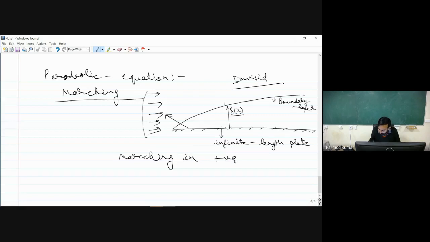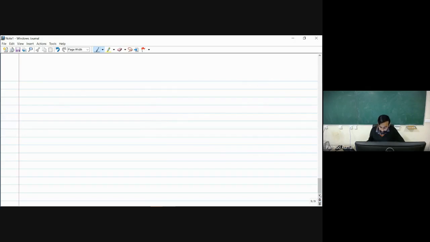Say if I consider this point is x equal to 0. So it means we are marching over here in the positive x direction. So we may have some physical situations where, apart from time, in terms of a spatial parameter also, we can march in the forward direction. Okay. Now let me take one more very interesting example.